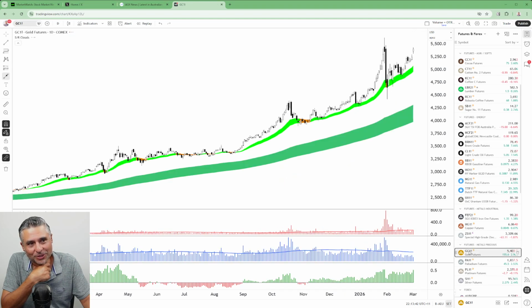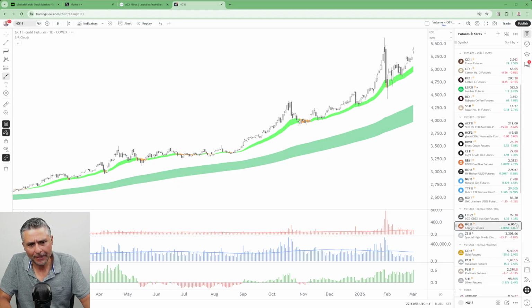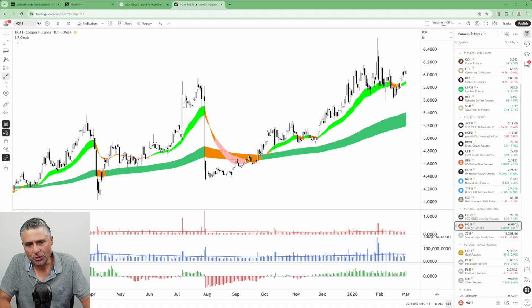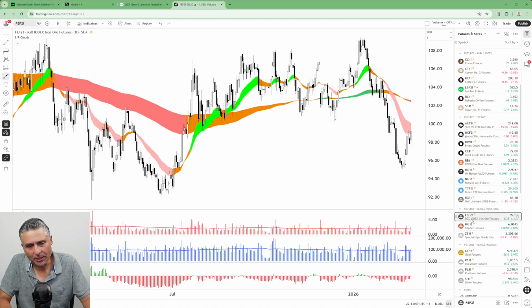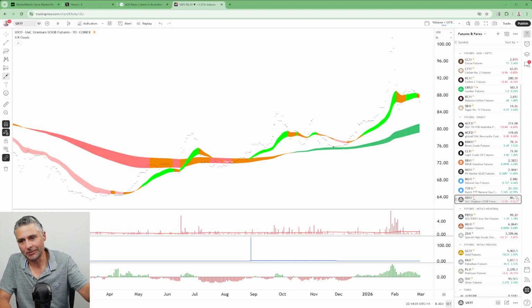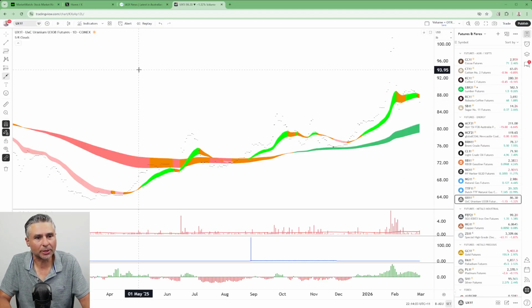And gold looking much better, but it looked better from the start. We knew that. We said that almost immediately afterwards, that wasn't the species-ending event. It didn't even really challenge the short-term uptrend ribbon, and that has pretty much lived up to that expectation. Having a look at some of the other metals there. Copper, muted response. London slightly better, obviously. Iron ore looks okay. Well, it's not okay. It just doesn't look terrible anymore.